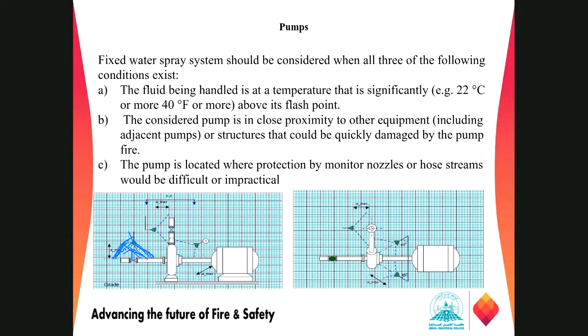What about the motor? Is it not protected by any nozzle? The motor should not be protected by any nozzle, because the motor is just giving energy to the pump. We are just making sure that the leakage from the pump is protected. That means the leakage area we are protecting: the valve at the inlet, at the outlet, and the suction side. That too, from the monitors or from the hydrant, if it is outside, we can easily protect. But if it is not accessible, then we need such kinds of arrangements.